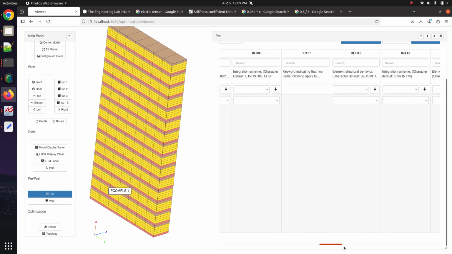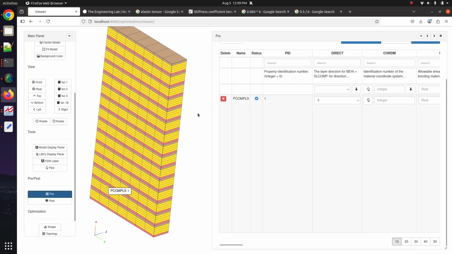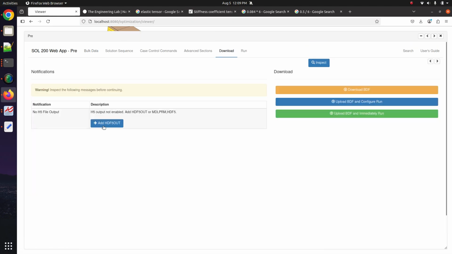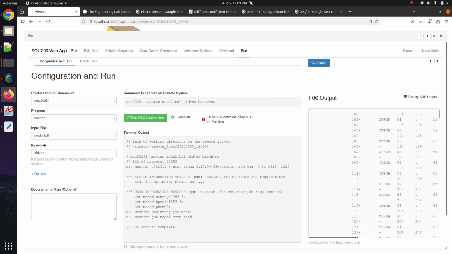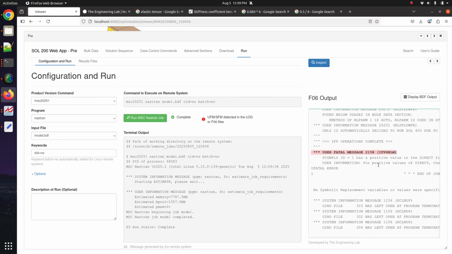Okay, so let's jump out of here. Let's do one thing. Let's make sure this runs. It's very common that we try and it doesn't run. So let's go ahead and run Nastran. And I noticed one thing. We're still in development with this pre-web app, so we're not going to be able to get